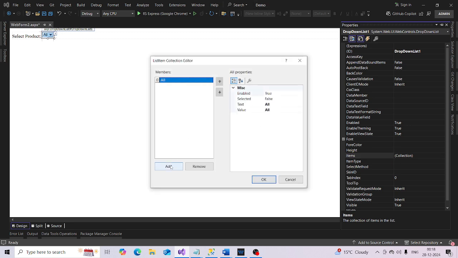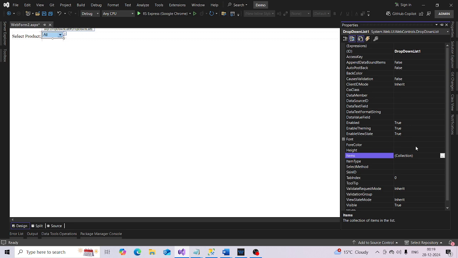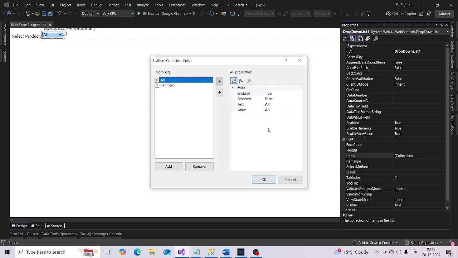Now go to the second item, which is laptops. Value should also be laptops. Click OK and add another item,